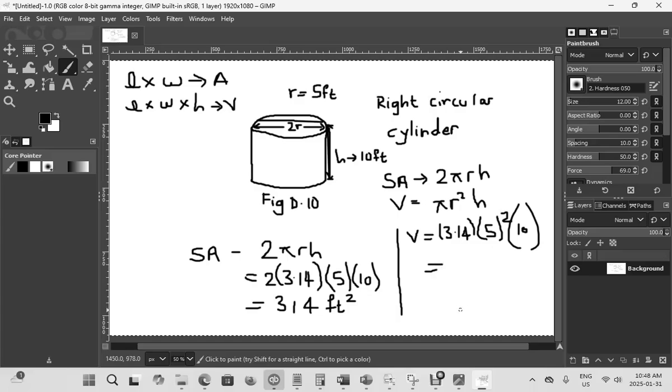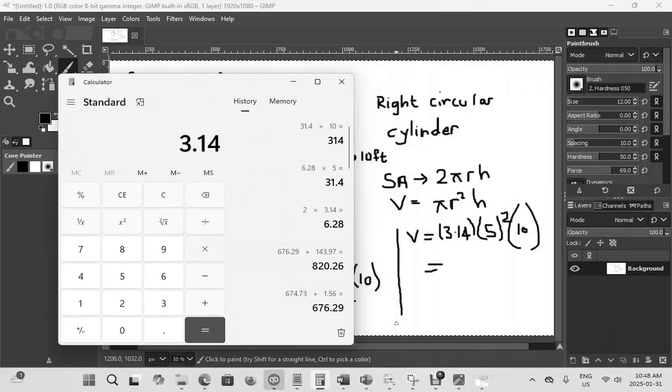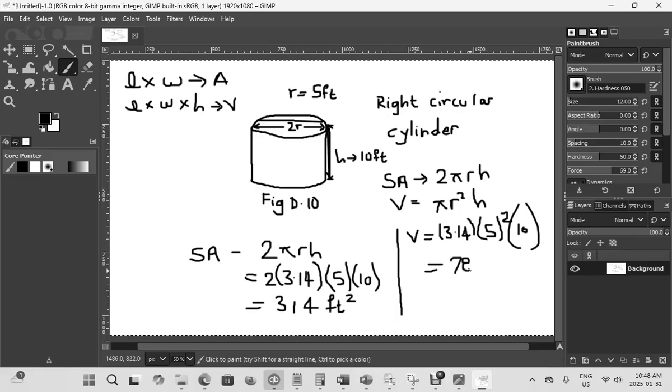So let's say this will be 3.14, times 10, times 25, 785. And this will be 785 feet cubed because this is the volume. All right, so this is basically how you figure out the surface area as well as the volume of a